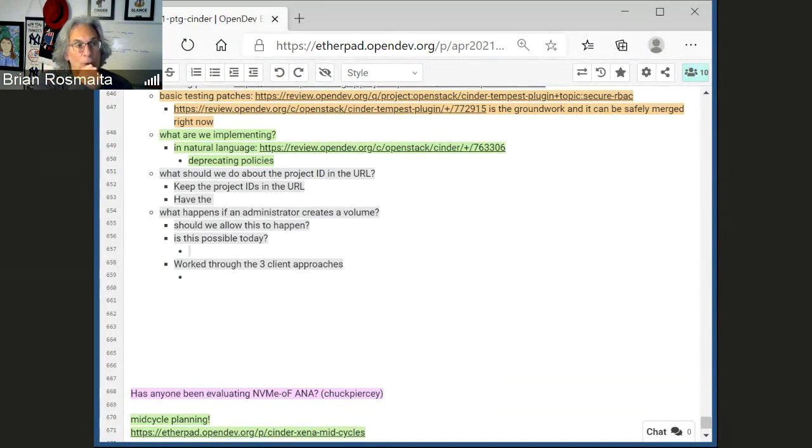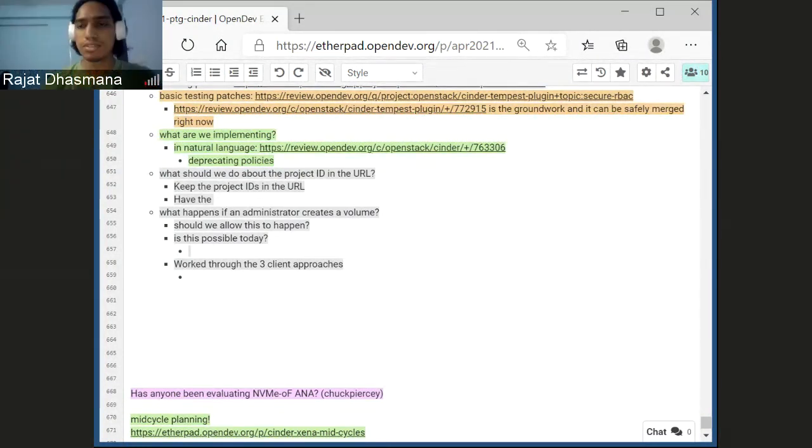So I wanted to ask what will be the effect of this on Tempest? Tempest gets, I think, the base URL from the endpoint. So do we need any changes on the Tempest side as well?